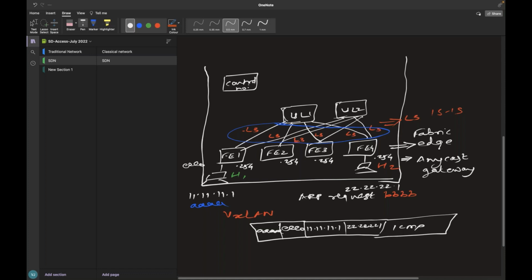The control node keeps all the IP address details of hosts connected behind Fabric Edges: the IP address, which Fabric Edge it is connected to, and the MAC address of that host. This is called the database.